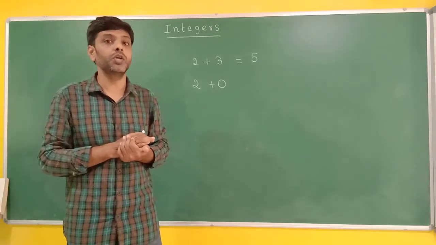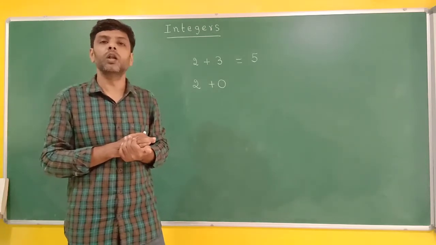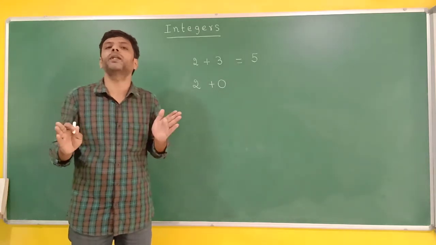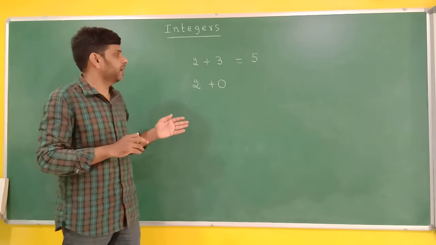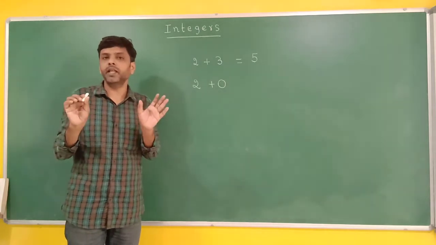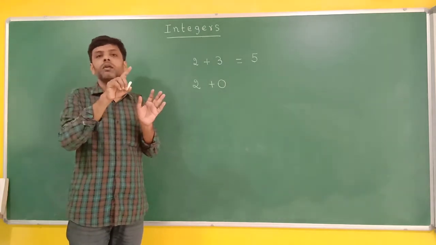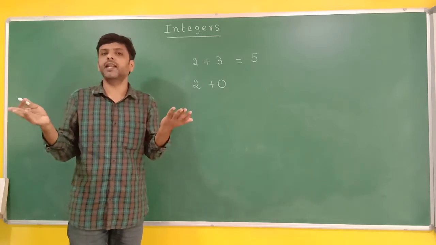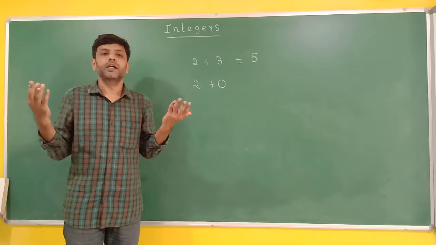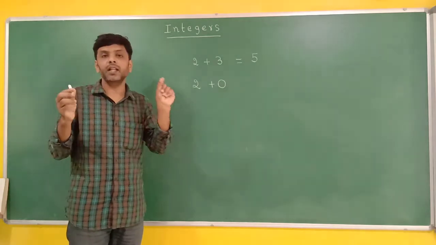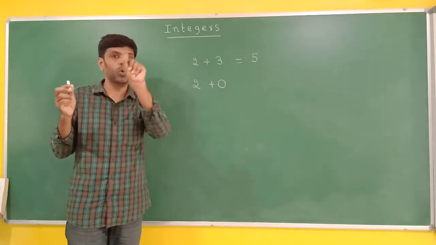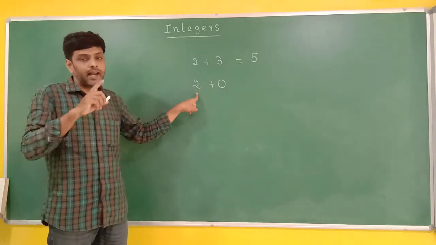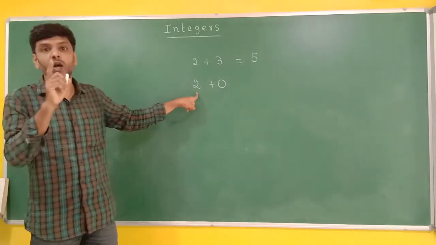No. 0 is a whole number. Whole means complete. 0 is also complete. When we don't have something, we represent it using 0. For example, there are 0 monkeys in this class. There are no monkeys. So, I am using this number to tell that there are no monkeys. Now, 2 is a natural number and it is also a whole number.